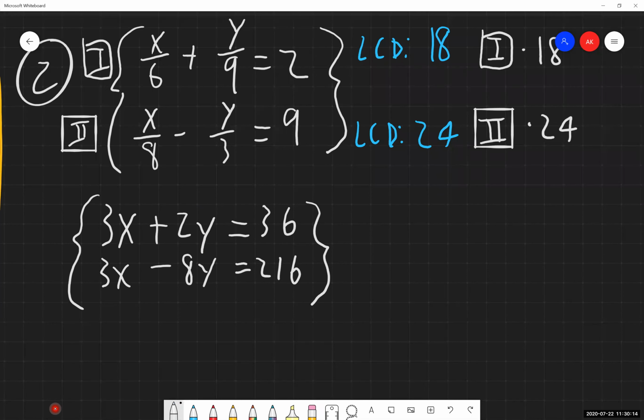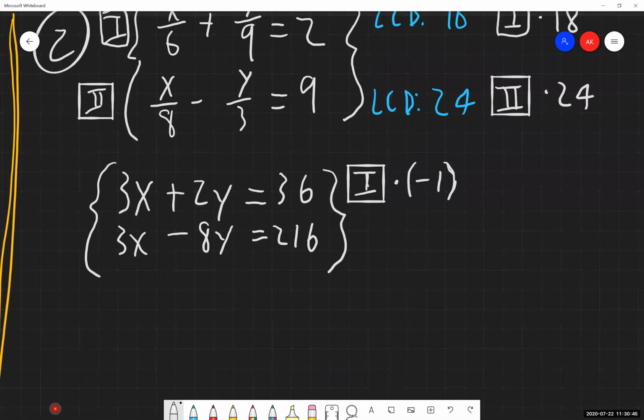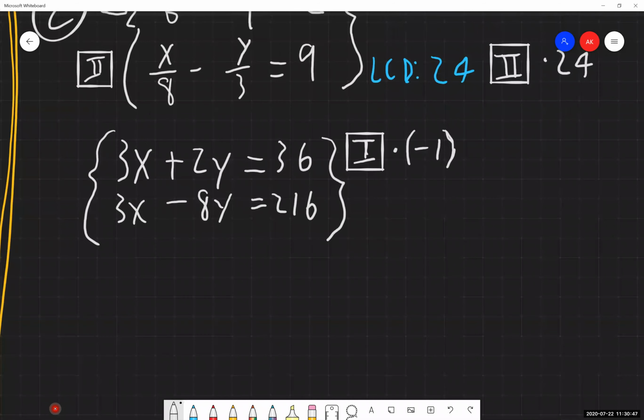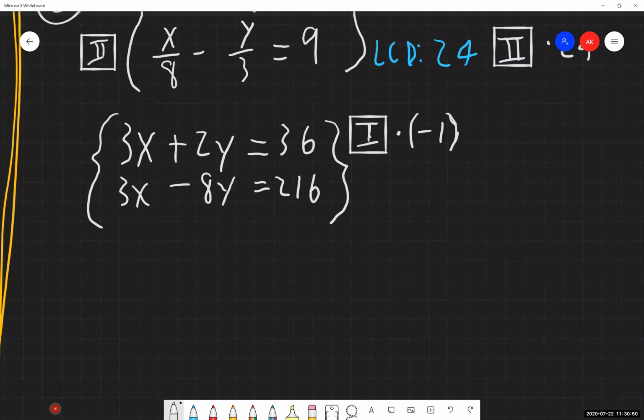So what I'm going to do, I'm seeing the 3x in the first equation. I'm seeing 3x in the second equation. I need one of them to be positive, one of them to be negative. Does not matter which one we choose. Just got to pick one and move forward with it. So I'm going to elect to change the first equation to being a negative 1. So the way I'm going to do that is I'm taking the first equation and I'm multiplying every single term by negative 1. Again, I do not change this problem if I multiply every single term within it by that negative 1. But we need to do that so we can create additive inverses.